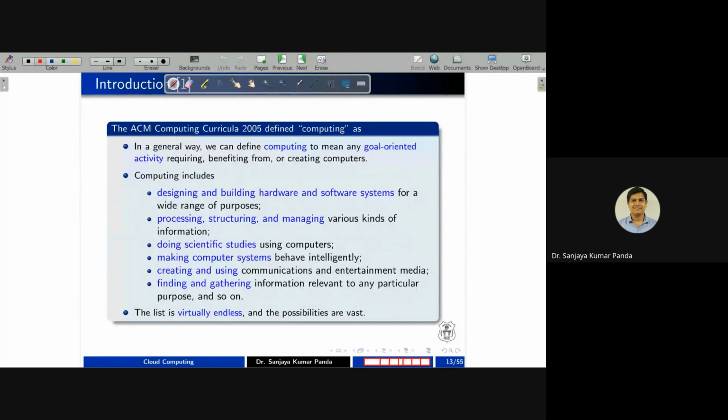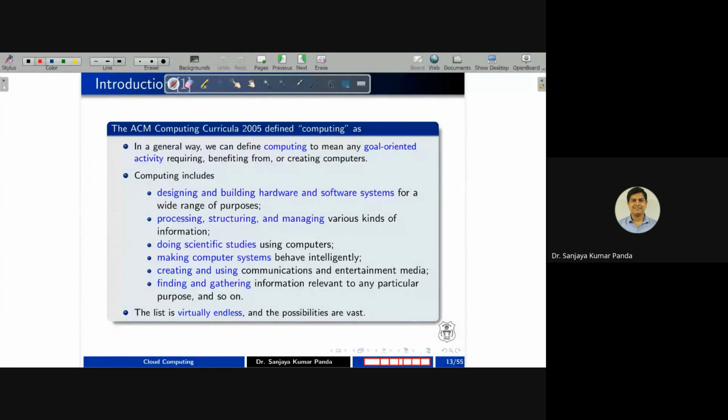So ACM mentioned that computing should be a goal-oriented activity. It may require designing and building a hardware or software system. You can see that a range of systems exist: a workstation is more powerful than a personal computer, and servers and supercomputers are more powerful than workstations.